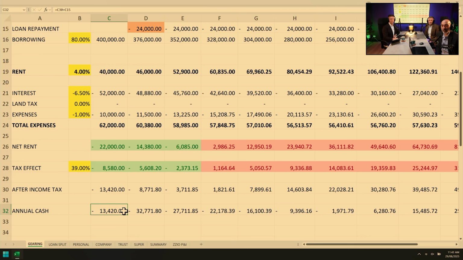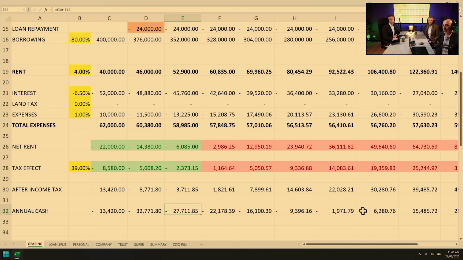After that, now not only are you losing your negative gearing, you're now also having to kick up $24,000 to start paying the loan off. So you're actually having to make do with $32,000 less across 2 years of your life. But more importantly, what this also highlights is that in the next 2 years, you're losing $27,000 of cash. And this is after tax. This is what you'll actually feel. 27 becomes 22, then 16, and now it starts to ramp up the other way.